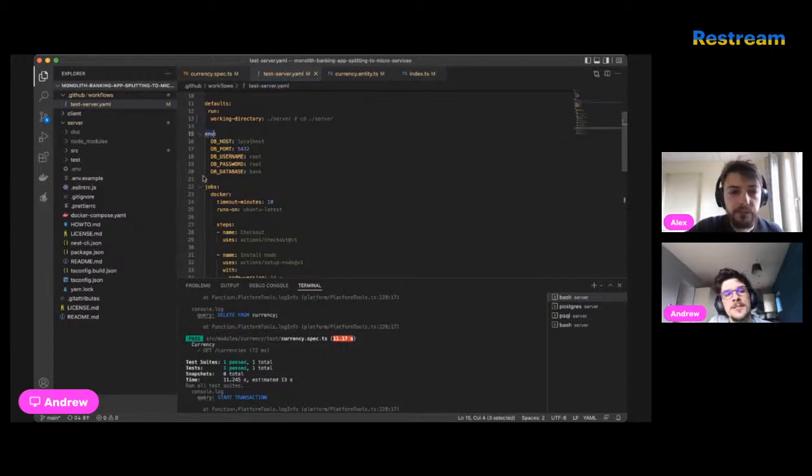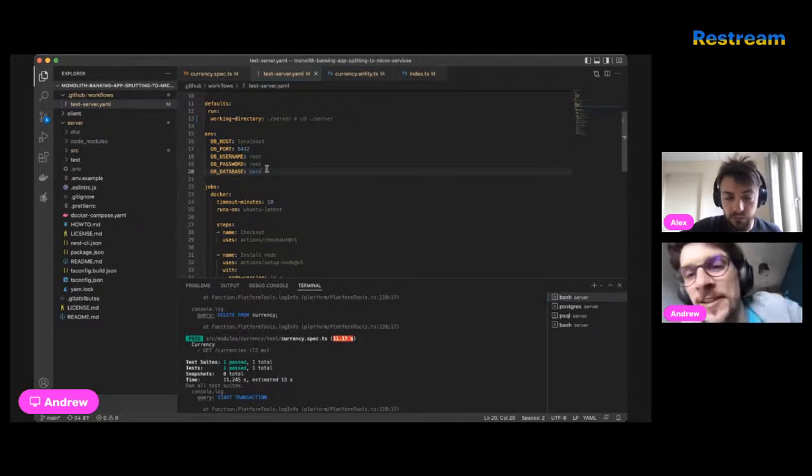So this environment is a way to tell our application where our database will be and what credentials to use to connect to it. For sure, this is not the perfect way to define credentials like that. But as this is a test database which we create at the same moment, I think that should be just fine. Yeah, it's fine. I think so too. Yeah, it's not exposed anywhere. It just exists while we run our test.